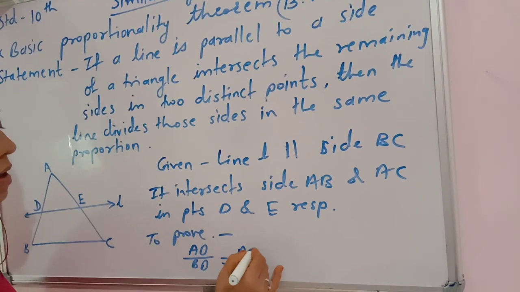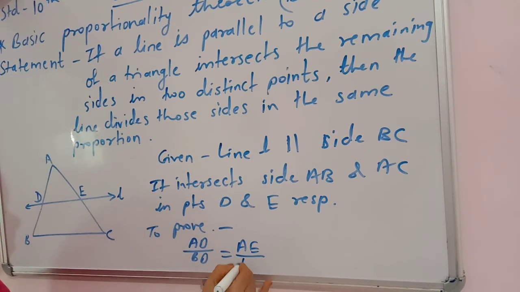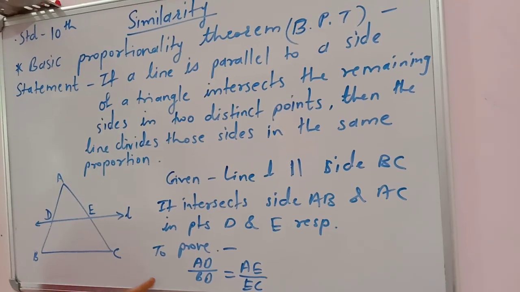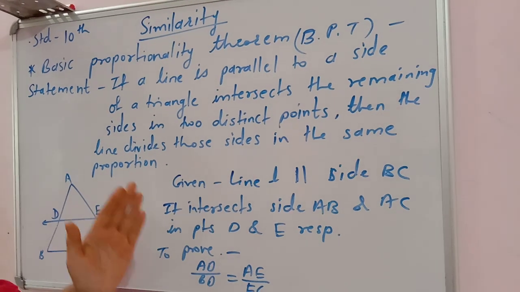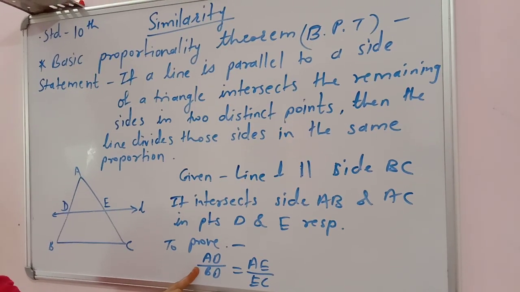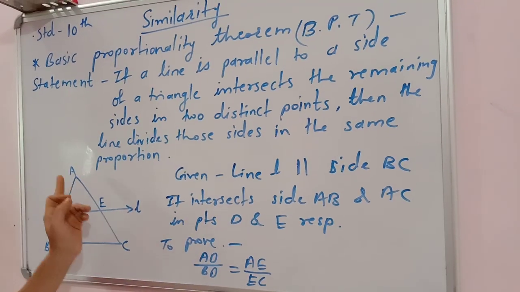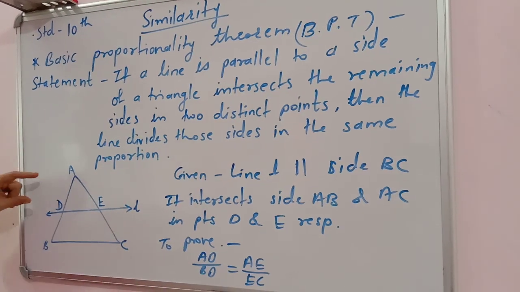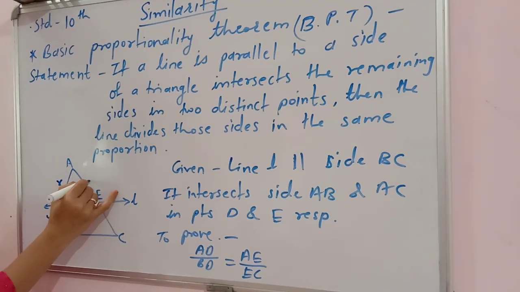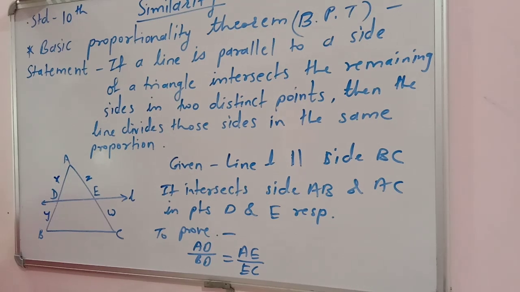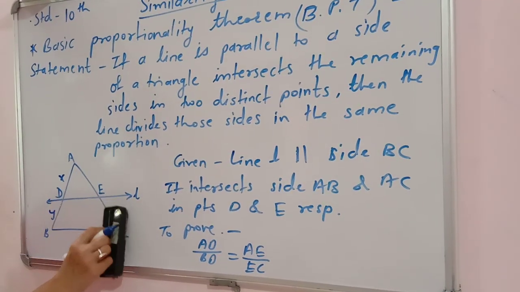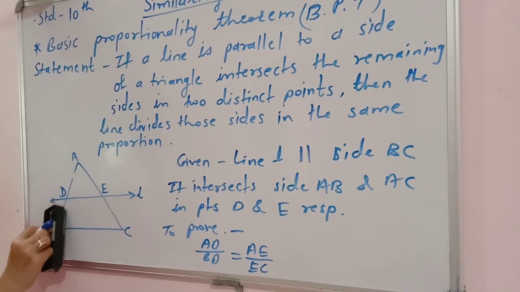Yesterday we have seen that the ratio of two numbers is read as these two numbers are in that particular ratio. Here AD and BD, this ratio is equal to AE upon EC. Means we say that these four numbers, if they are X, Y, Z, W, then we can say that X, Y, Z, W are in proportion when their two ratios are equal.